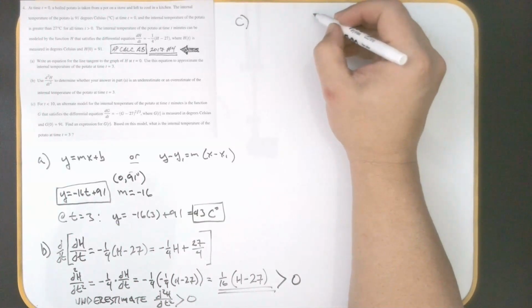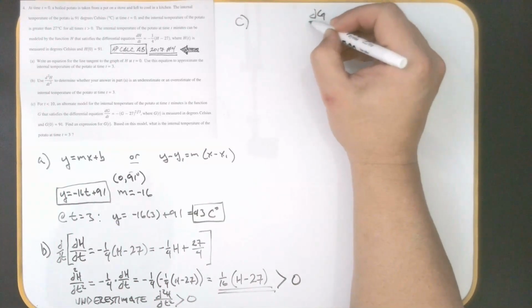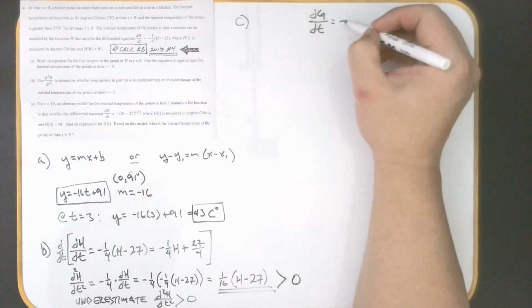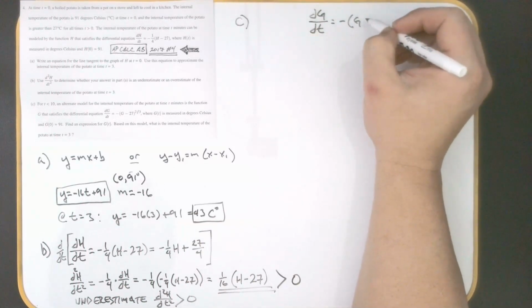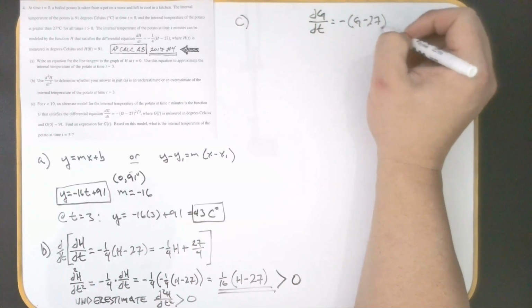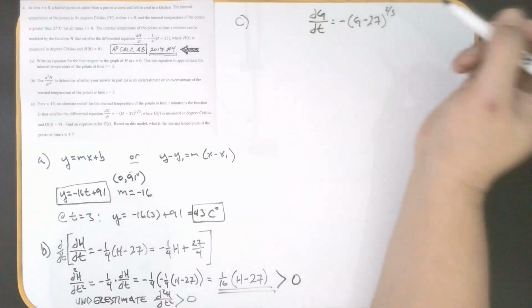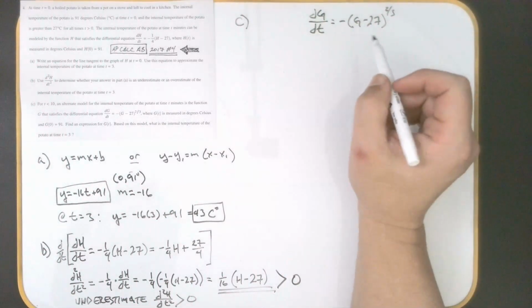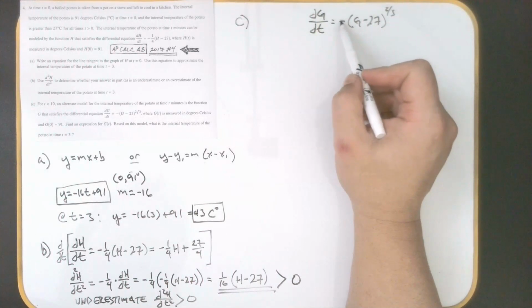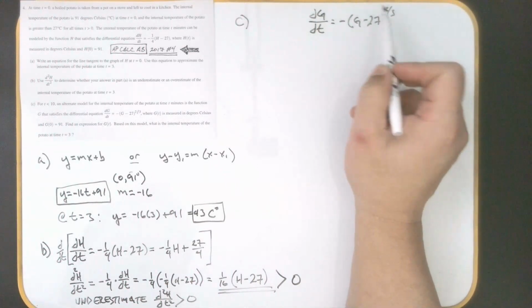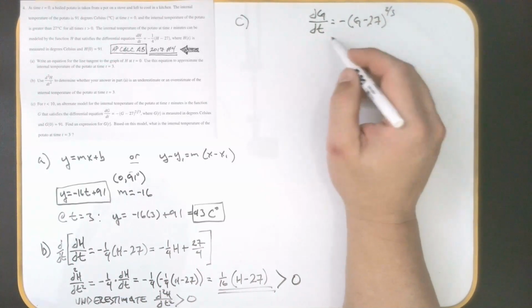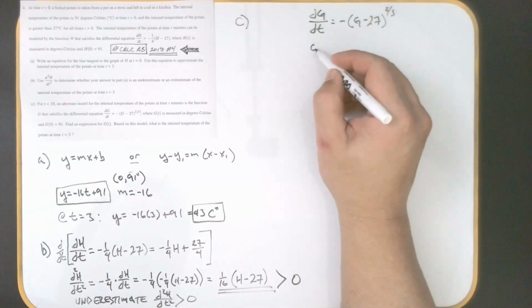So way up high here, I'm going to say, all right, we've got dg over dt is equal to negative, parentheses, capital G minus 27 to the 2/3. All right? So now it's, do you know how to solve a differential? So you should know your first step is going to be to separate your variables. Now, you might not know what to do with this negative. I'm going to give you a hint here. Whenever you have this kind of setup, leave the negative on this side with t and bring this over. So actually, this is going to wind up being